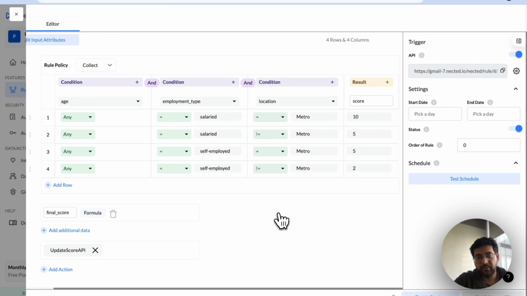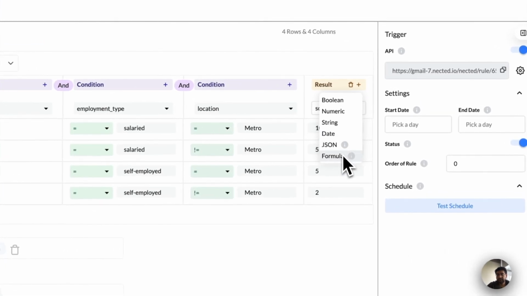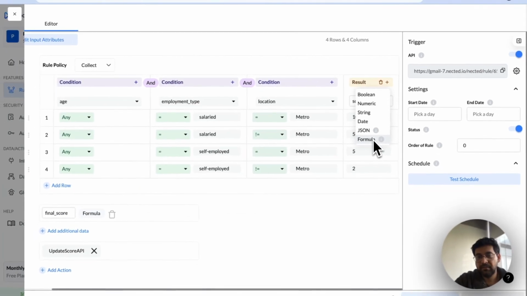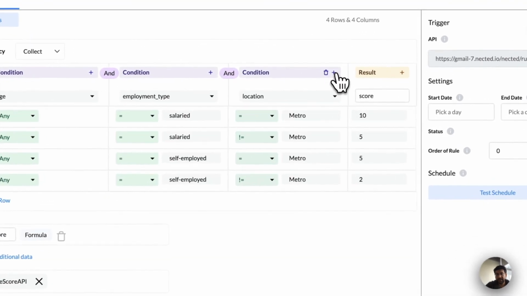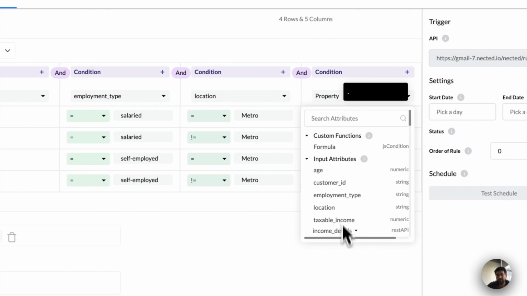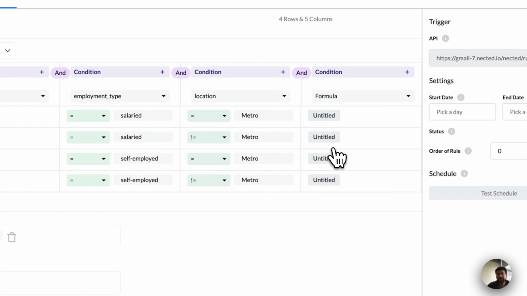One last thing before we go. As we said, we are low code, no code, so whatever you have seen so far is definitely a mix of it. But a lot of times businesses have some mathematical formulas or some very complex specific logics that they want to adapt to. At Nected, our motto was that anything and everything is possible through this platform, so that developers don't have to go anywhere else, right? So we have also given a basic formula editor, where you can edit it in a condition. So even if you want to have any complex condition, you can use this custom formula,